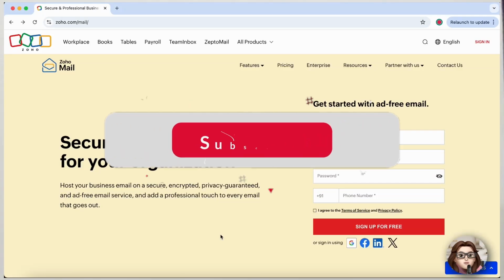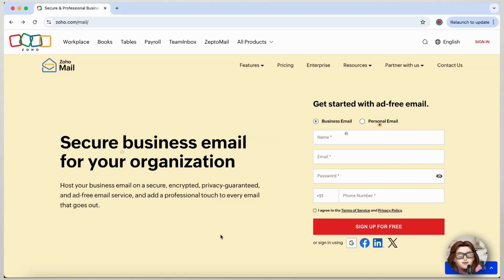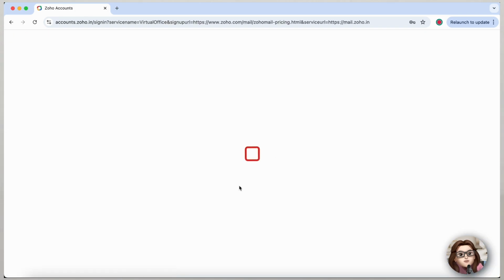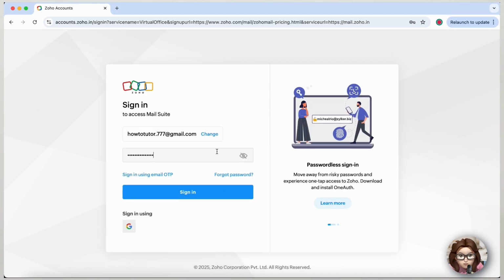Today's video, I'm going to show you how to reset your Zoho Mail password if you've forgotten it or just want to update it for security reasons. Start by heading to the Zoho Mail login page at accounts.zoho.com. Once there, look for the Forgot Password link near the password field and click on it to begin the reset